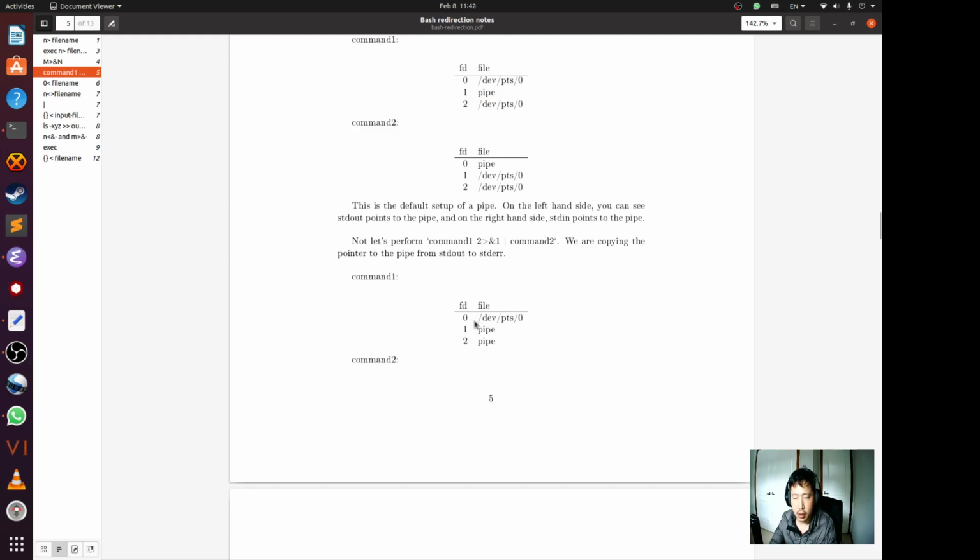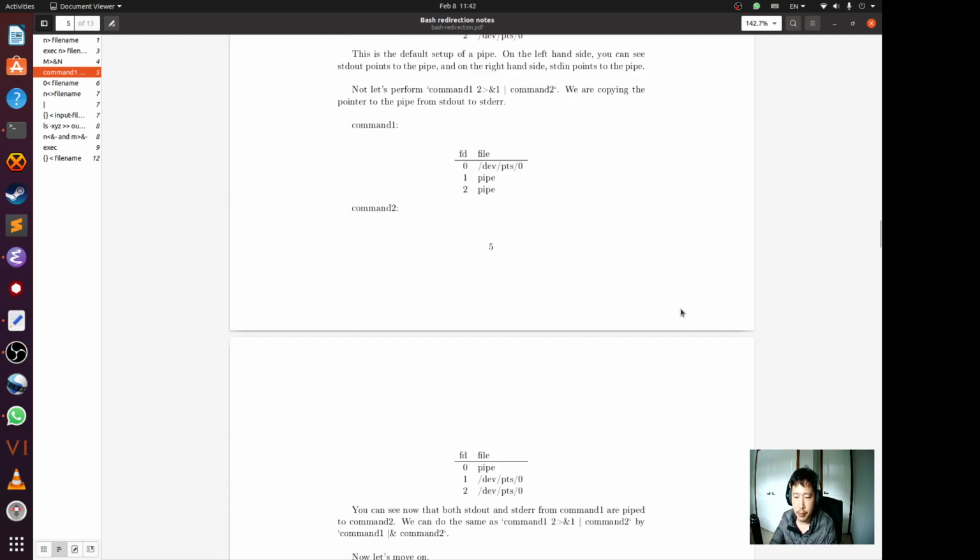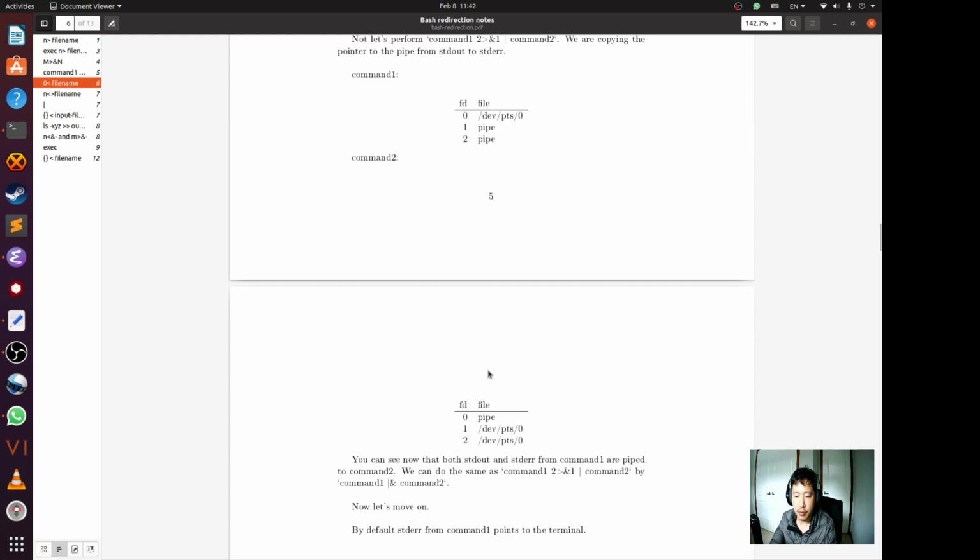Both standard out and standard error are now pointing to the same pipe. Of course the right hand side doesn't change; standard in is the pipe. You can now see that both standard out and standard error from command 1 are piped to the same